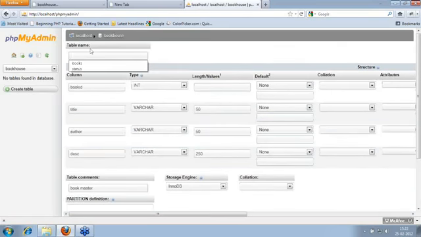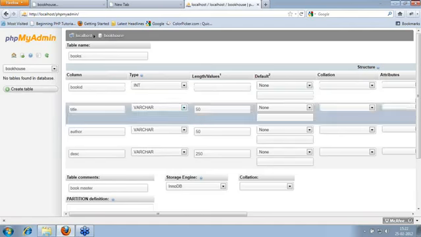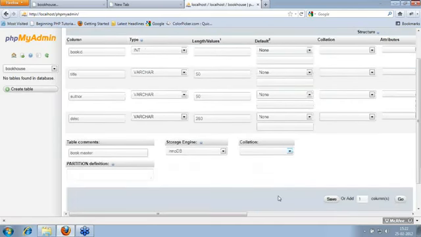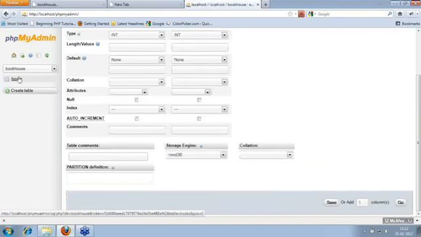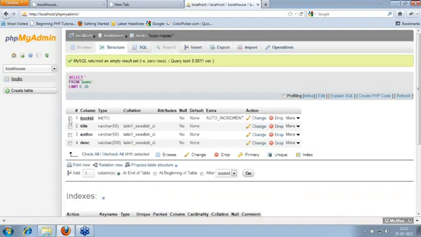Okay, I need to provide a table name, of course. I'll say my table name is books, which stores the values of each and every book. So I'll say save. Okay, it has created the table, a structure where I can store the details, which has 4 columns: book ID, title, author, and description.